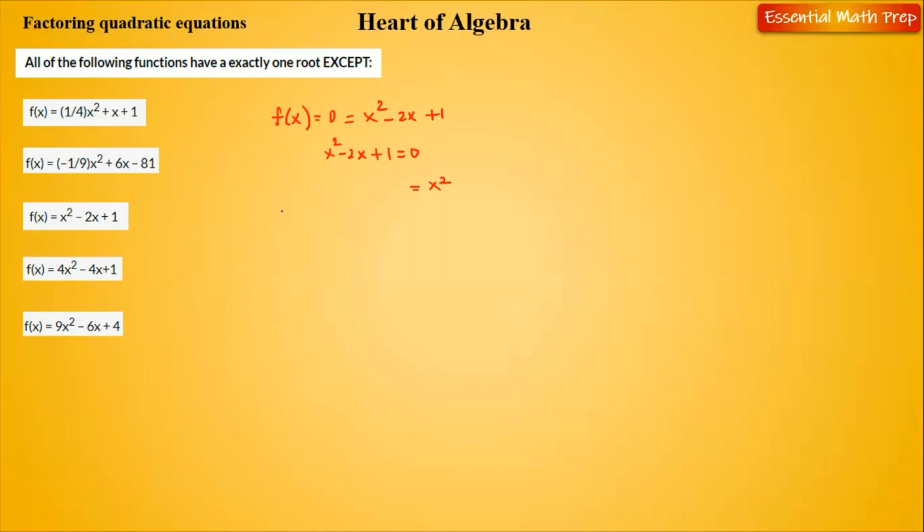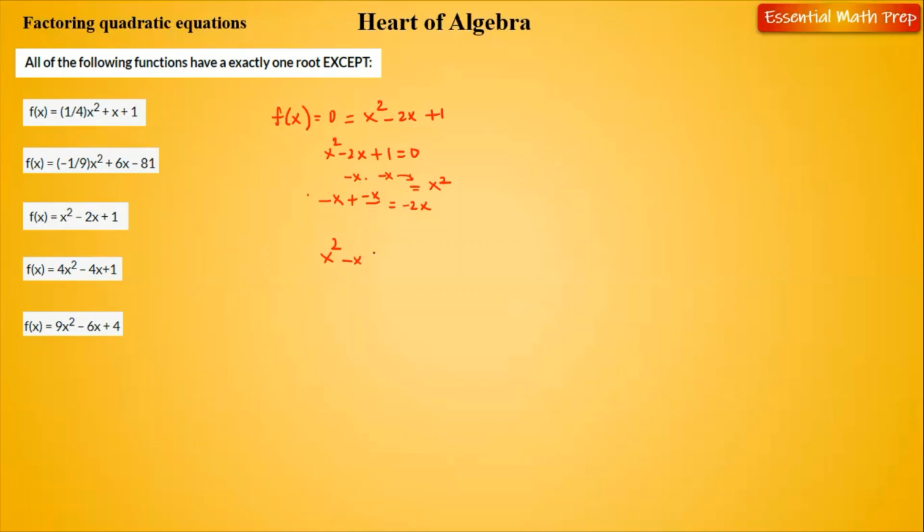Right? Whereas when we add or subtract, we should get negative 2x in a way. So which means if you add minus x plus minus x, then you get minus 2x, right? Whereas when you multiply minus x times minus x, then you get x squared, right? So if you substitute x squared, and in the minus 2x place, if you substitute minus x plus minus x,